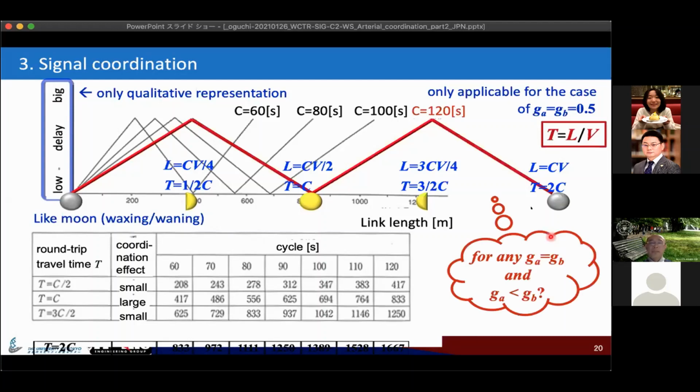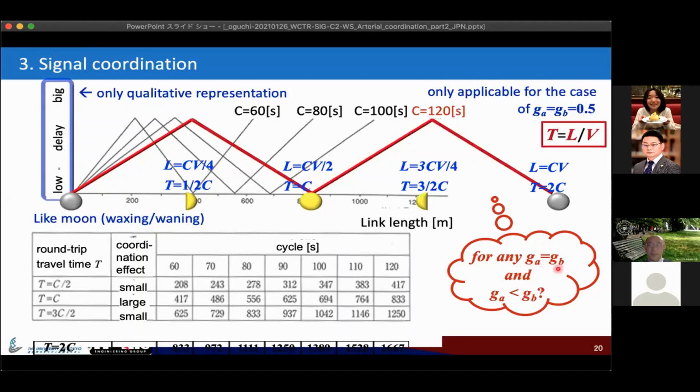But this knowledge is very limited, because this is only introduced for a 50% green split for two intersections connected to one link. So this is a very ideal situation only. Only one isolated link with two intersections connected. Then we can apply this kind of idea. But the reality is maybe not